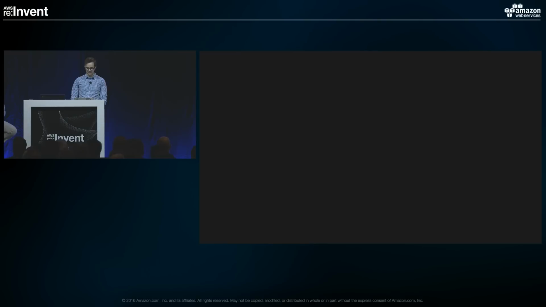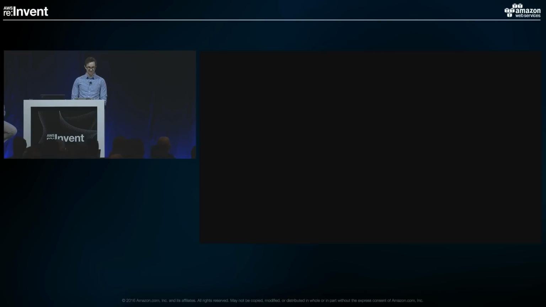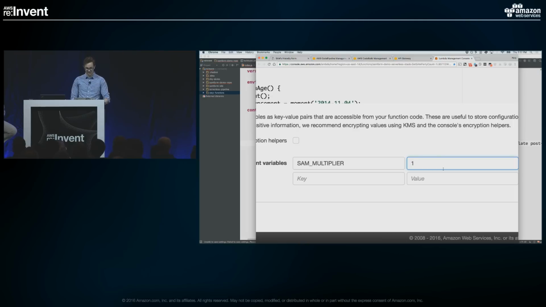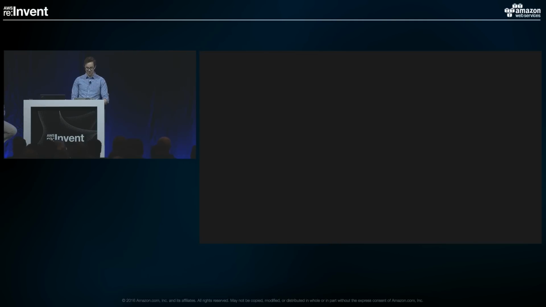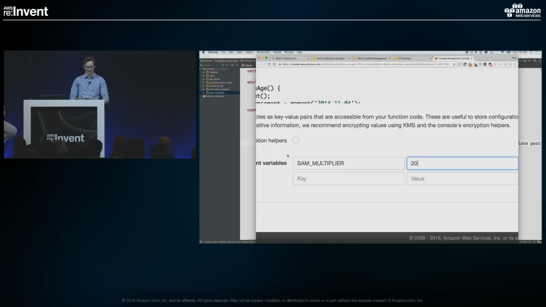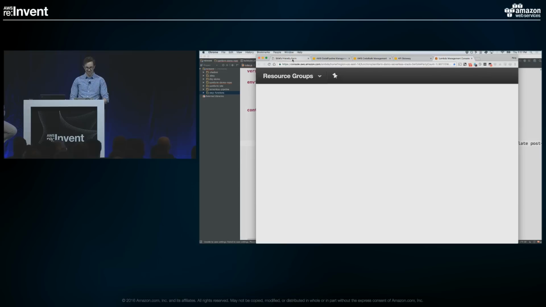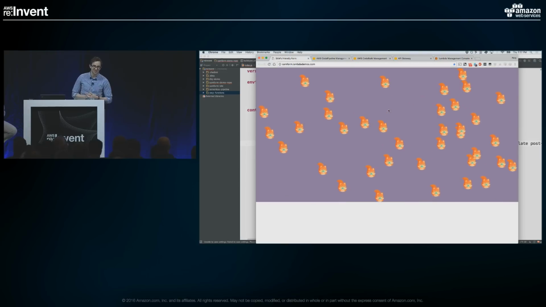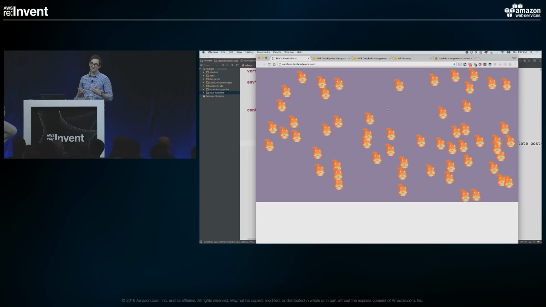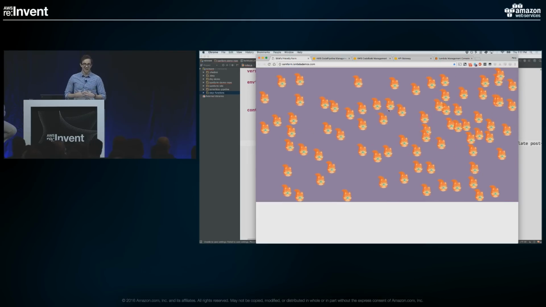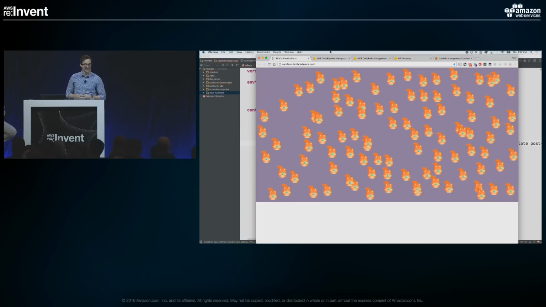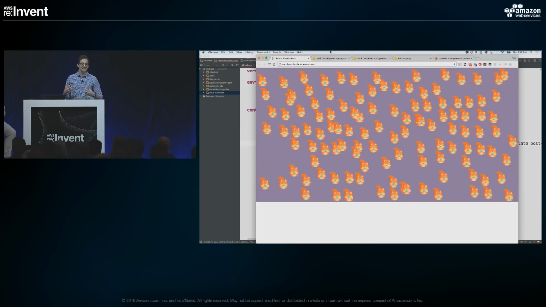So if I go down here to my SAM multiplier, I'm going to change this to 20. Let's say 20. Why not? Save this. And I go back to my page. And now this is more what it feels like to be at re:Invent. So that's kind of the combination of everything.